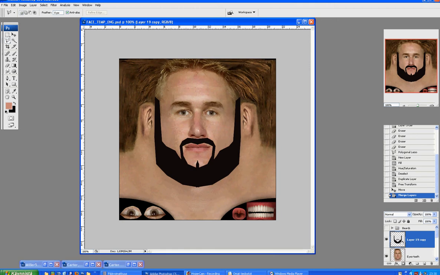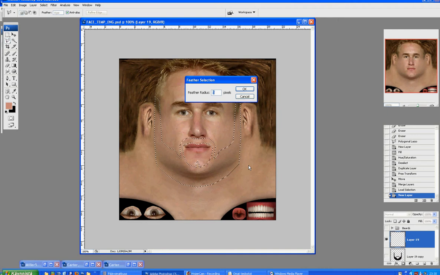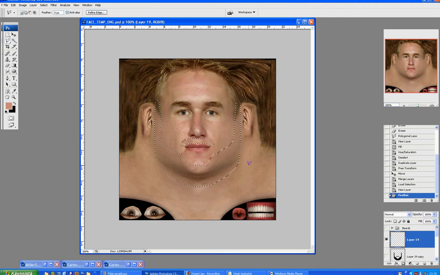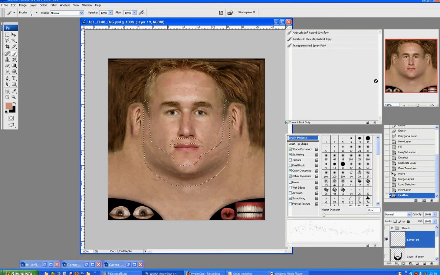And then by holding down the Control key and pressing this layer here, you make a selection. Make a new layer and then feather it a bit, for 9 pixels for example. And then you take this brush tool here and open this selection window,